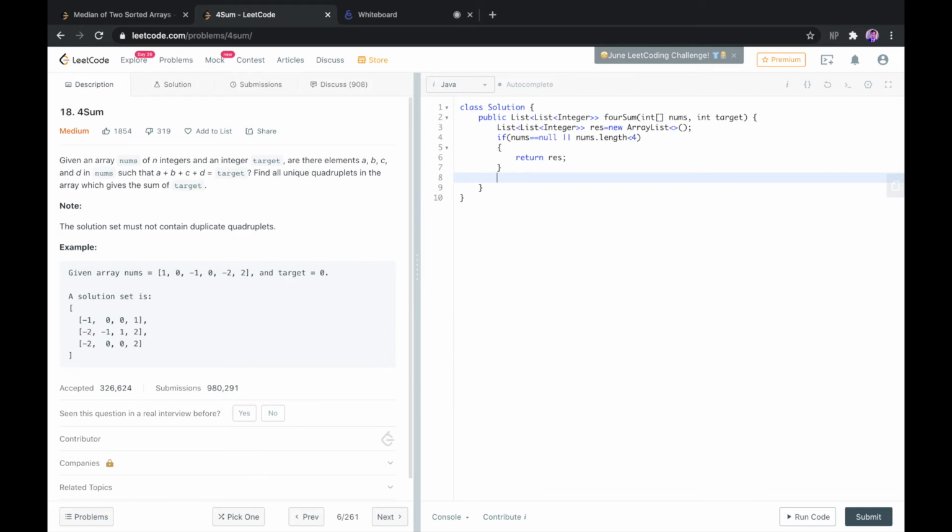Now the second thing to do is we need to sort this nums array, because we cannot have repeating numbers. As it is written, the solution set must not contain duplicate quadruplets. So we do not want repeated numbers. So we are going to sort the nums array, and check if, for example, we are starting from the 0th position, and if that number repeats, then the second number, if it is repeated, would appear next to it, right? So we need to sort it in order to check if this particular number has already been there in the list and it does not produce a duplicate or a redundant result.